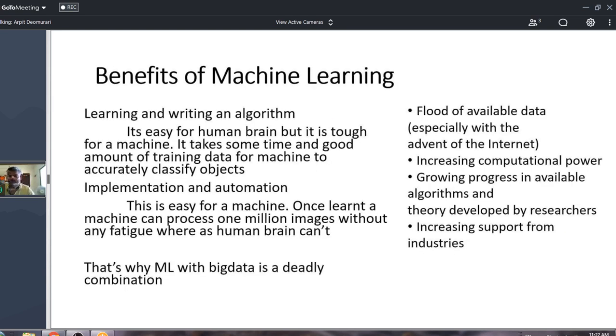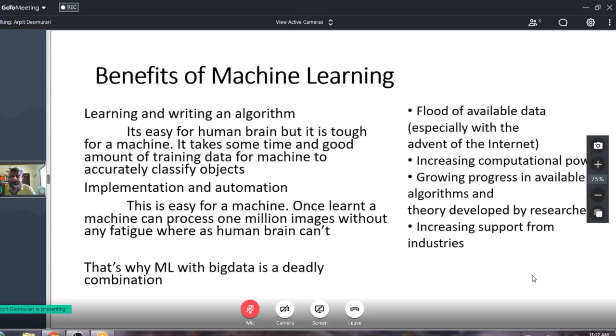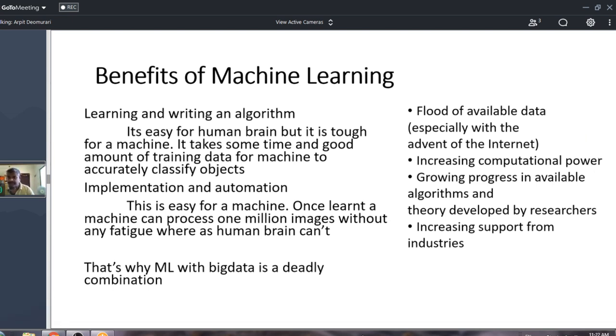What's the benefit? I see for a human basically two benefits. One, we are good. Humans are good because of their inherent capability of dealing with intelligence to learn and write algorithms. An algorithm is basically a set of processes, a workflow, which does a certain kind of thing. So we are pretty good at it, but the computers can't do that, right?